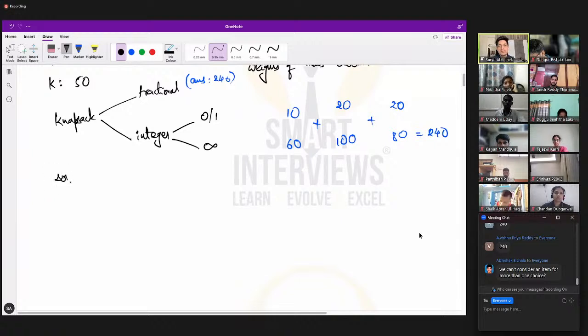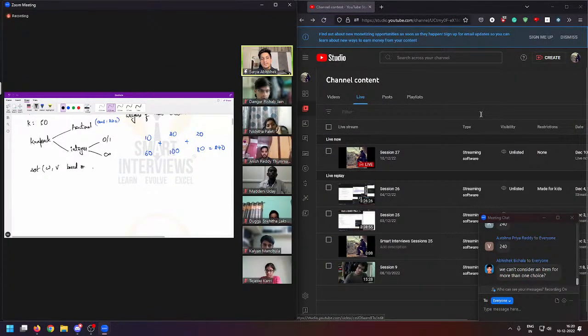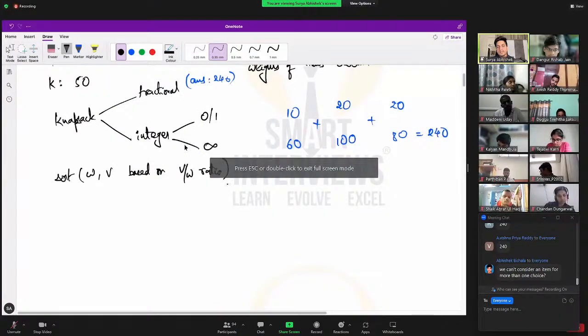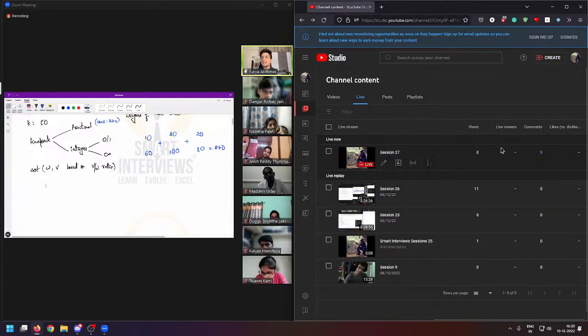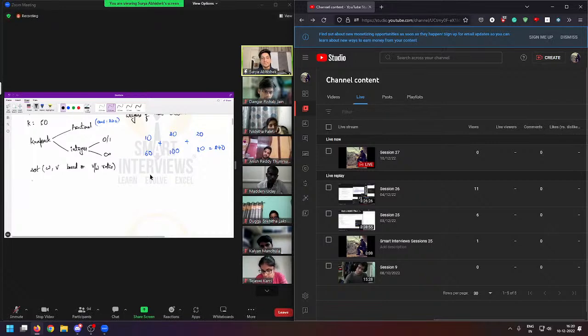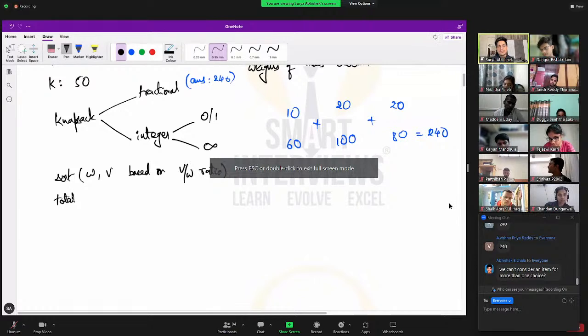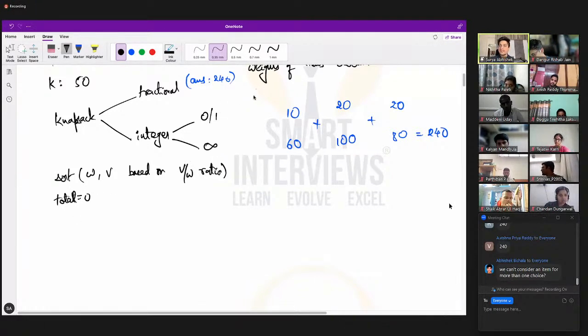So our code, or our logic, will look something like this. First, you will sort both the W and V arrays based on their V by W ratio. Then maybe you can create something like a total variable for the total weight that you're going to store in there. And then for I equal to 0 to I less than n, you basically have to check if